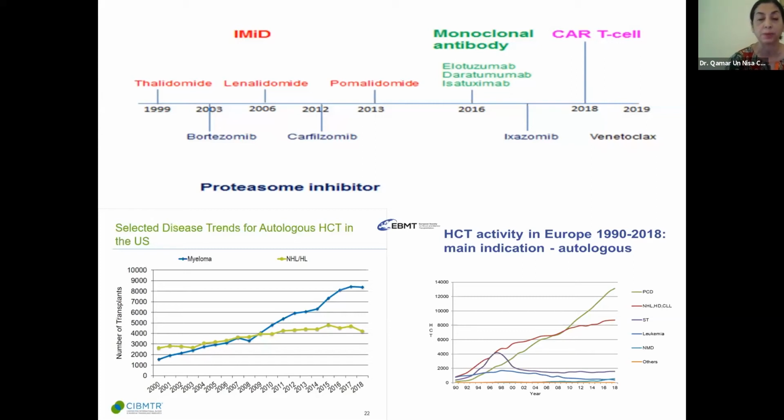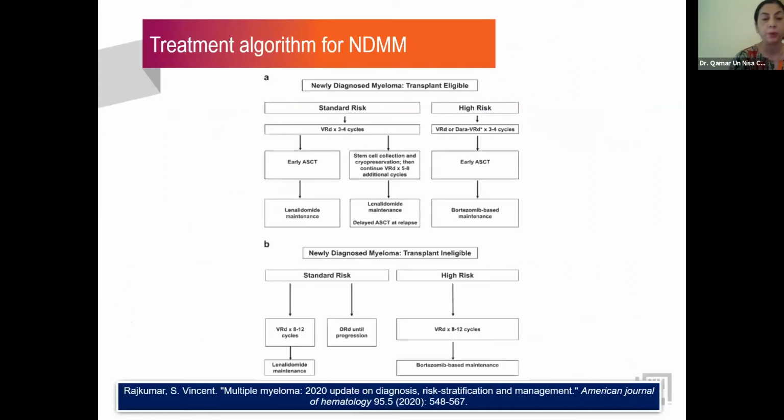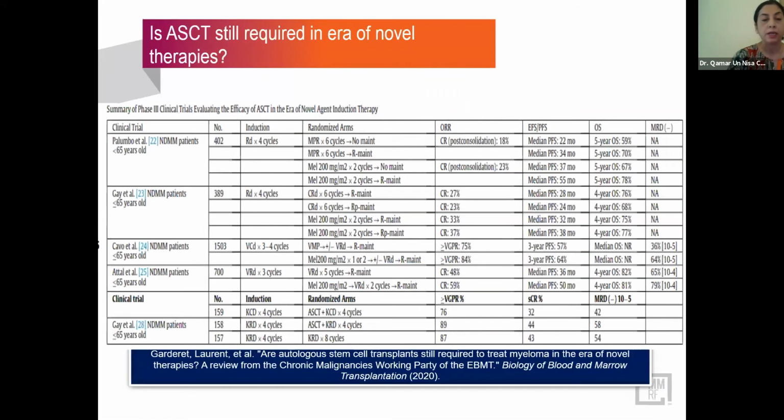indication for autologous transplantation. So when we're looking at the treatment for a newly diagnosed patient, the two major factors that impact our decision, number one is whether they're transplant eligible or not, and number two, what group of risk they occupy, whether they're high risk or standard risk. So this is a rather busy slide. We're looking at the summary of phase 3 clinical trials that have evaluated the efficacy of autologous stem cell transplant,